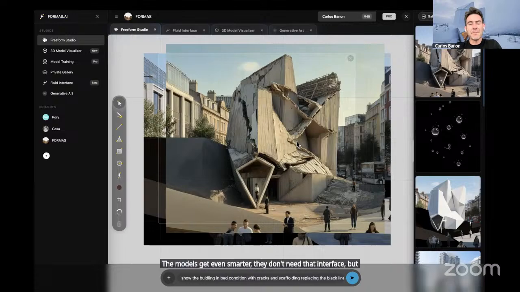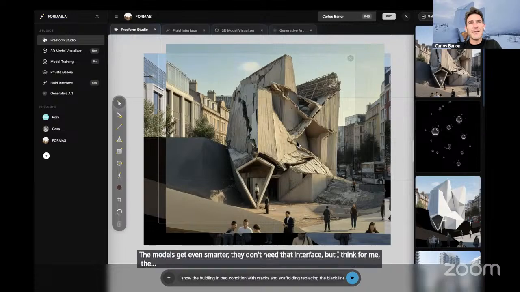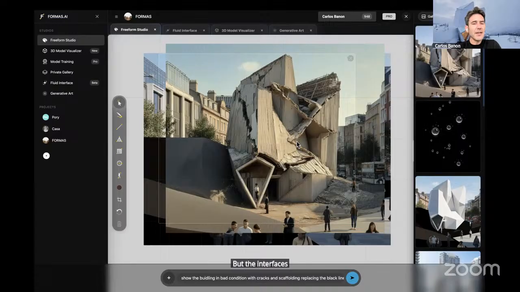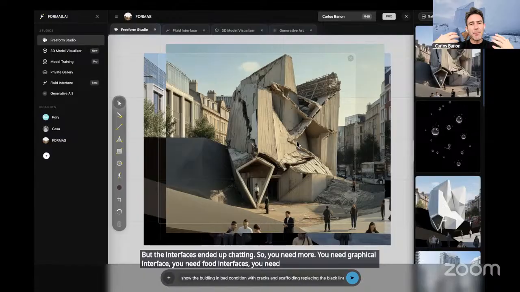But the current force that I feel is that the interfaces are not at the level of the models. The models are fantastic, but in the interfaces you end up chatting. So you need more. You need graphical interfaces, you need fluid interfaces. Any possible way that we can relate to those models will help us find something new about them.